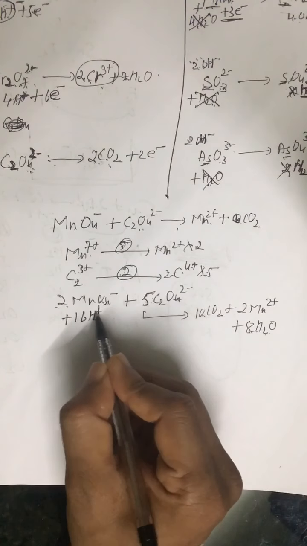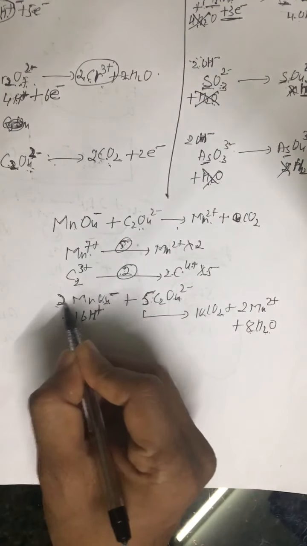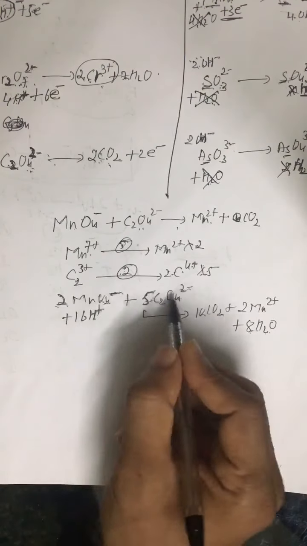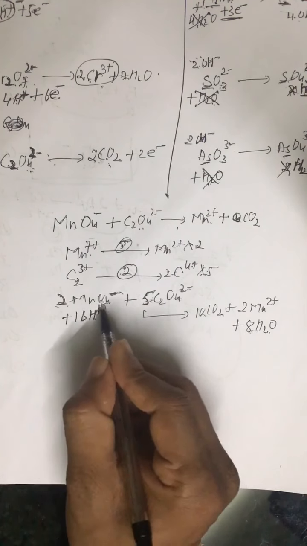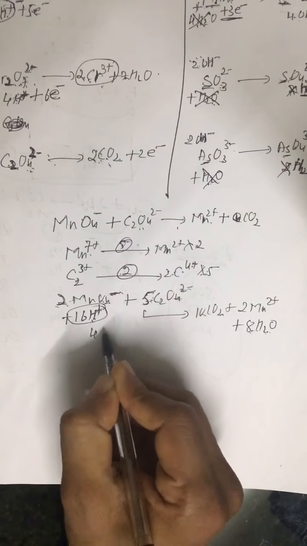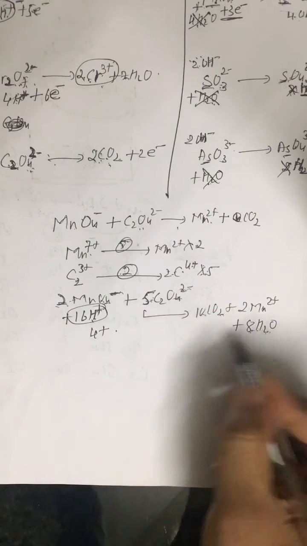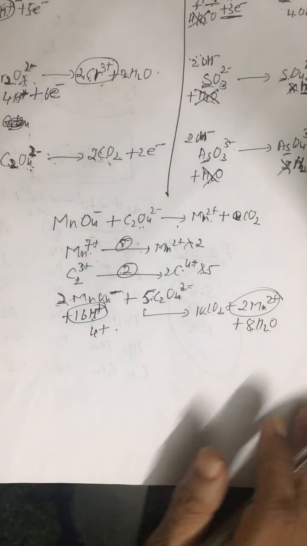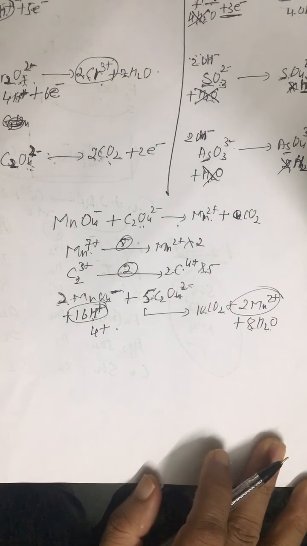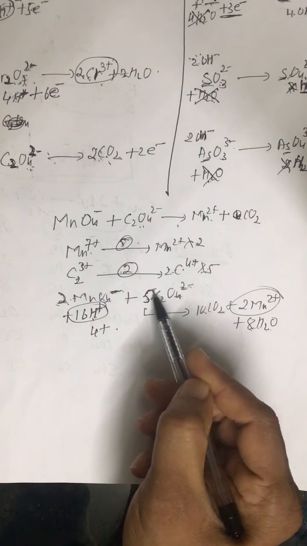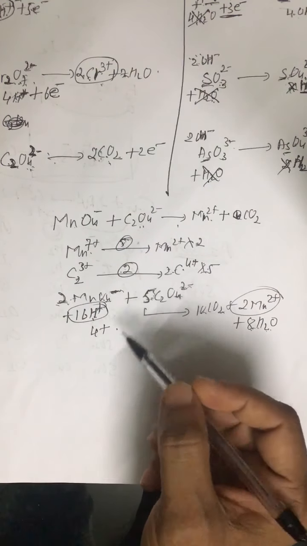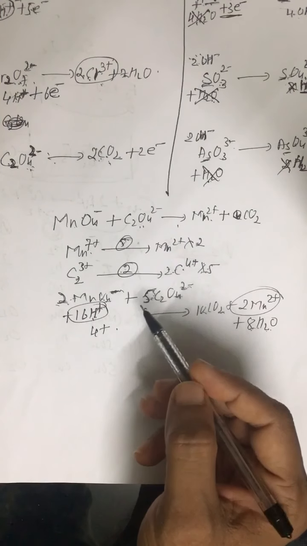Now you can compare the charge. It is 2 negative, all right, 2 negative, and 5 into 2 is 10, 10 and 10 plus 2 is 12 negative, 12 negative and 16 positive, that means 4 positive charges are there. Right hand side 4 positive charges are there, balanced. So this is how you balance the complete reaction. This is the oxidation state method. So this is a simple method. In examination, my suggestion is you go for this method only.